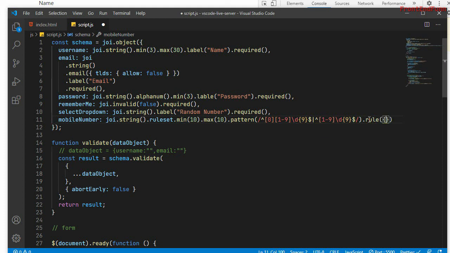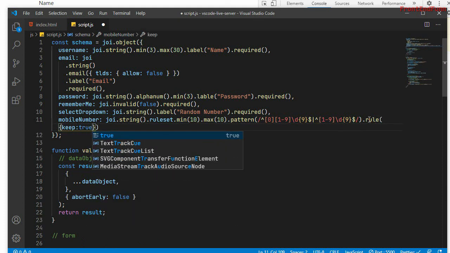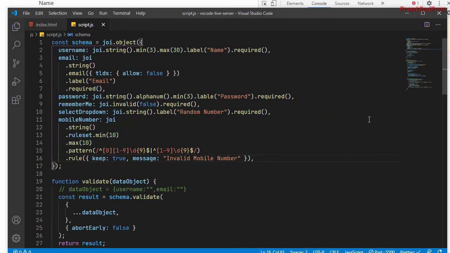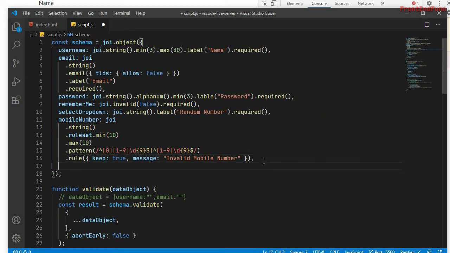And the final thing is we need to add the rule. You need to use keep true, and the custom message should be invalid mobile number. Fine. So this is our custom message here, and the final thing is we have a text area.